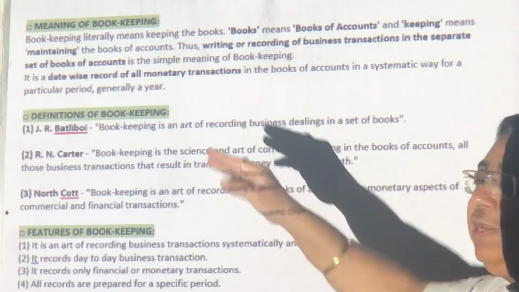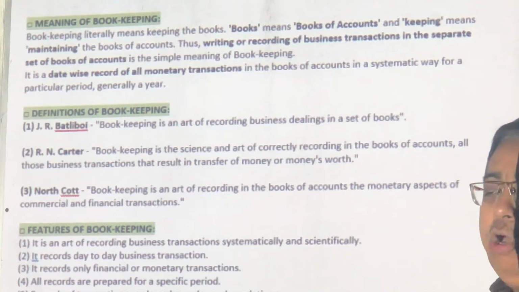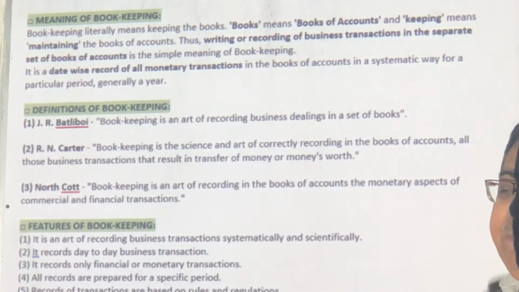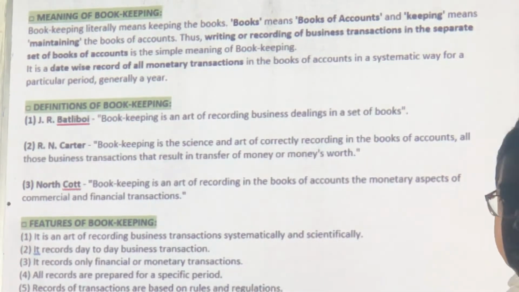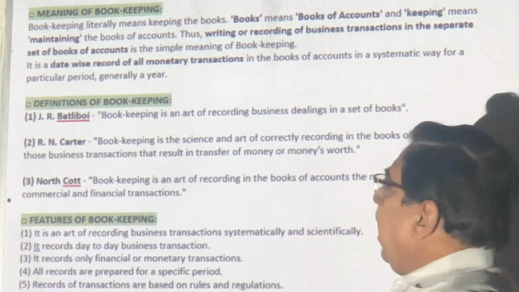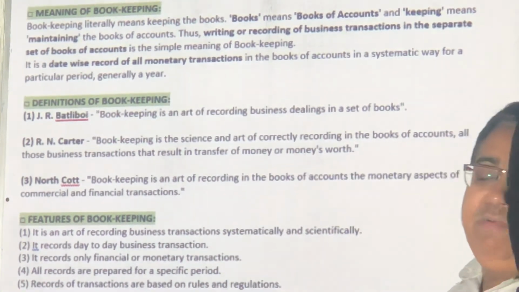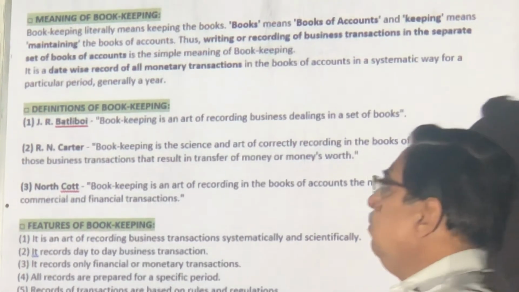It is a date-wise record. I can't write when I remember. It has to occur chronologically. On 9-5, raw material came. On 9-10, I paid the workers. You must write time to time, date to date. And it is written generally for a year. Everybody wants to know in a year how much we have earned, how much we have lost, how much we have to pay others, how much we have to collect.